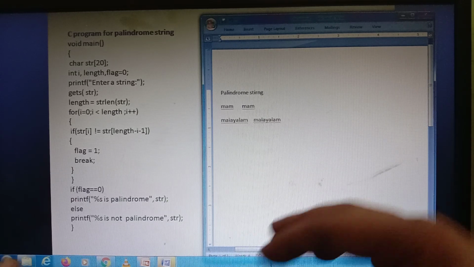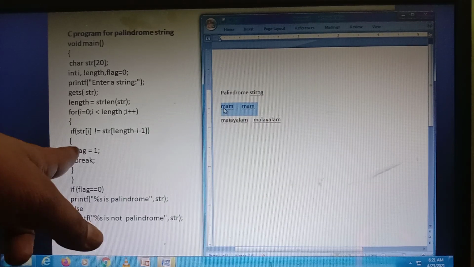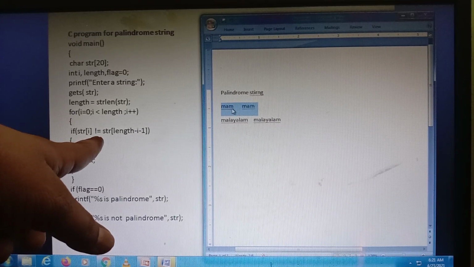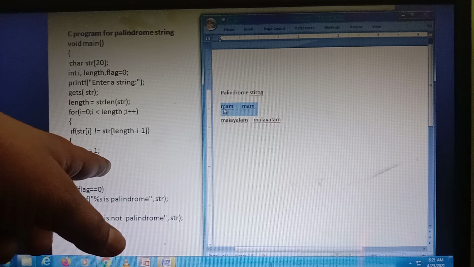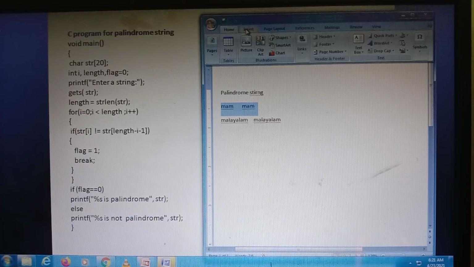So here, for simplicity, I am taking the first example, ma'am. Here M is at STR of 0, STR of 1, STR of 2. I can go for some table here.